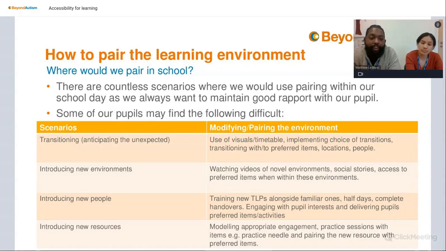So then we've got learning environments, so new ones. So introducing new learning environments. So we might watch videos of novel environments. We may use social stories so the learner knows what to expect when in a particular environment, and access to preferable items when in these environments. So essentially, you're bringing all the fun stuff that can distract that learner in the environment that they might be feeling a little bit anxious about. So it could be iPads, it could be toys, it could be games, it could be activities. Essentially, we're just distracting them to lower their angst, and hopefully they could engage in the environment more effectively over